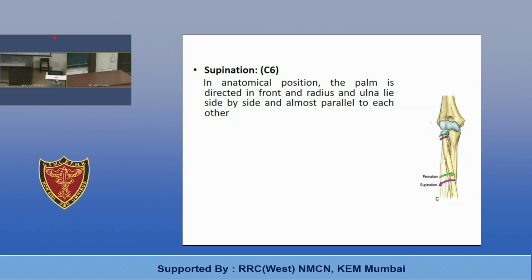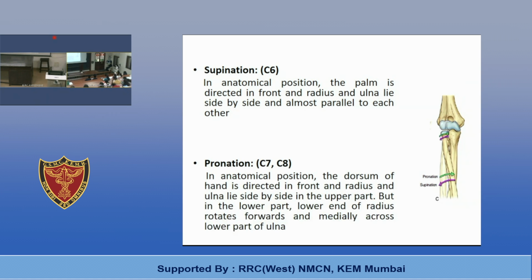It differs with a flexed elbow and with an extended elbow. So there are differences in the movements of the ulna and radius while performing supination and pronation at the radio-ulnar joints. In pronation, the lower end rotates forwards and medially. So what is the effect on the interosseous membrane? With pronation, the interosseous membrane is spiralized. And with supination, when you are putting your radius back in its original position, the interosseous membrane is despiralized.